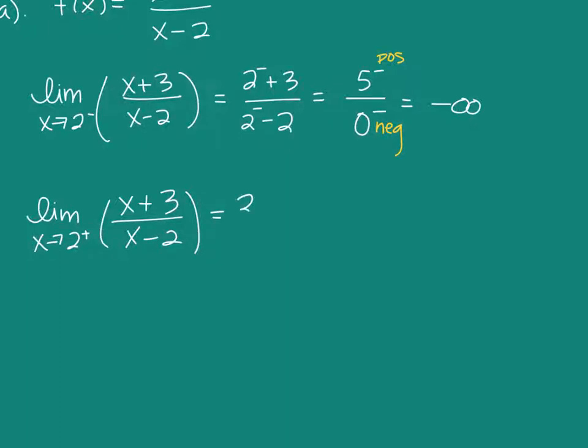Let's plug in 2 plus. 2 plus plus 3 over 2 plus minus 2. Everybody likes to plug in pluses. They just feel easier to me. So 2 plus plus 3 gets me close to 5. On what side of 5 will I end up on? 5 plus. Then 2 plus minus 2 gets me close to 0. On which side of 0 will I end up on? 0 plus. And that is clearly 2 positive numbers, so that will be positive infinity. That person's heading off on their asymptote to positive infinity.